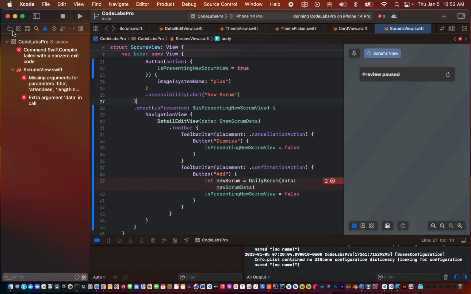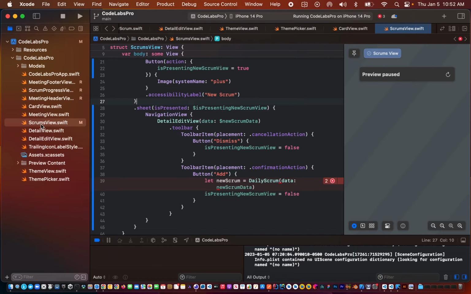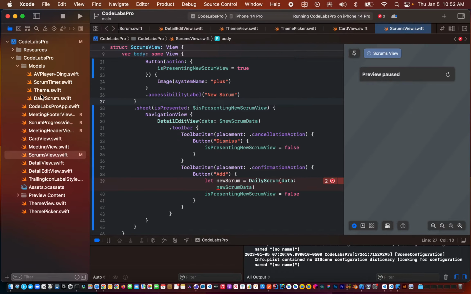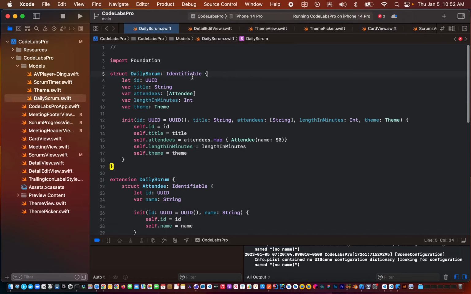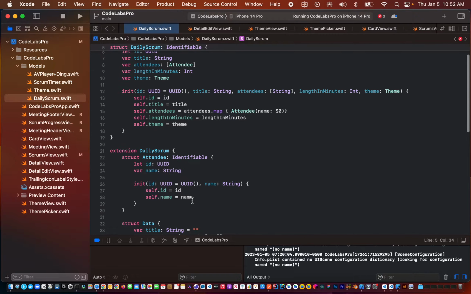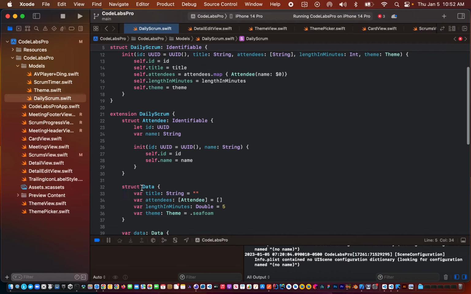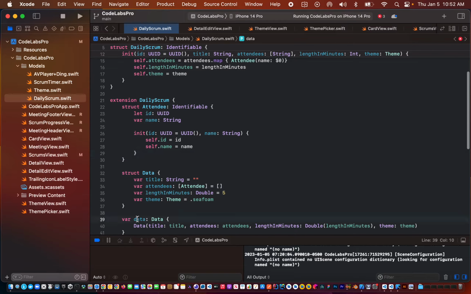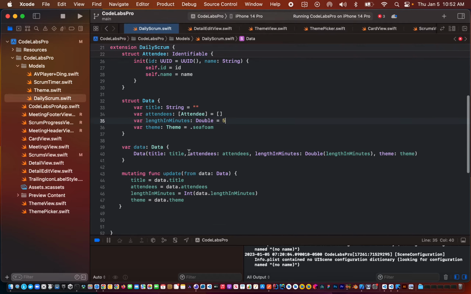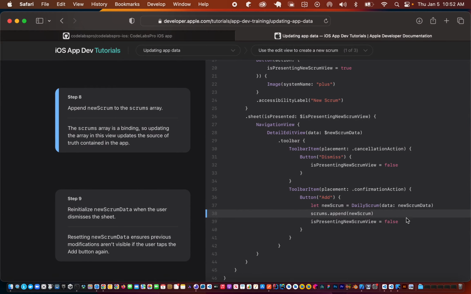Doesn't, then we might be missing something. Let's double check the daily Scrum class, which is in model, and the daily Scrum class has this data and this data property here. So